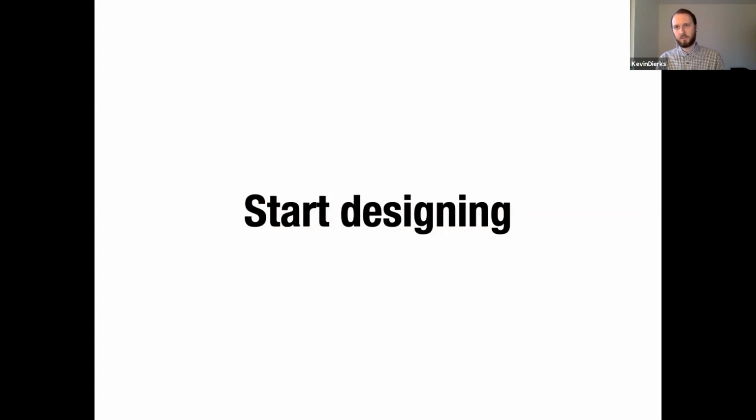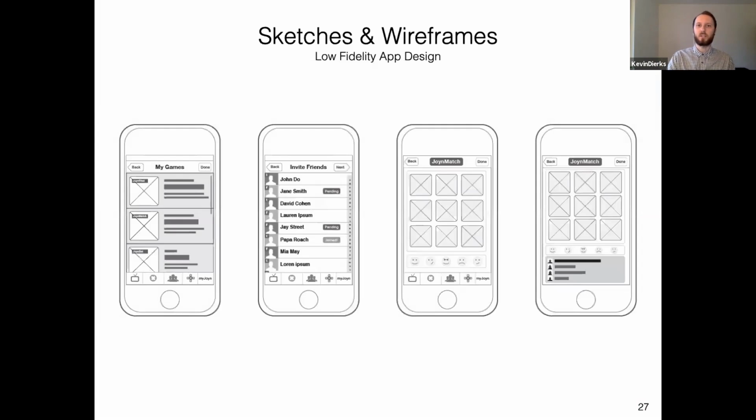Now that you have all that, you can dive into designing. This is something Jonathan is also going to give a quick introduction on, like how you can use your designs, how you can do the prototyping. But the best way to start designing is still a piece of paper and a pen. Start taking notes, do sketches, whatever comes to your mind. You probably have a picture in your head, just put it on paper. It doesn't need to look good, it just needs to help you understand it. And you can do something like sketches and wireframes.